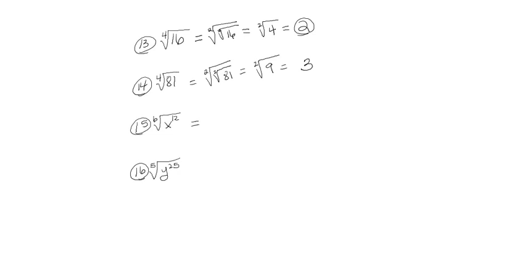So here with number 15, we have just a radical, and we're using the sixth root, which we have not yet seen. There's a little trick to these. What we want to do is turn what's inside the radical into a square. Well, we know that x to the 6th power,